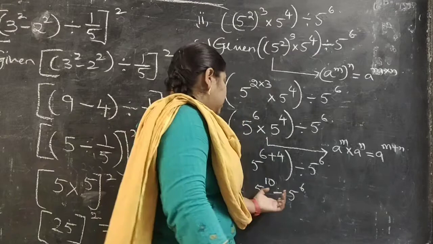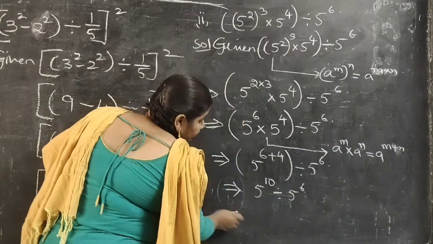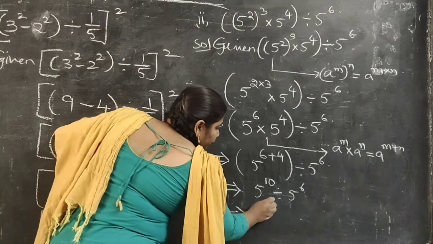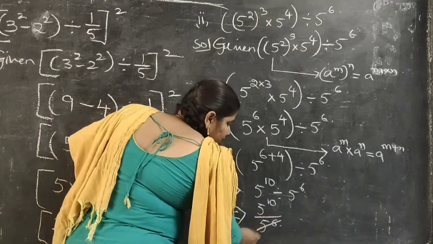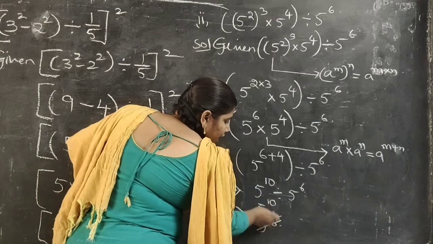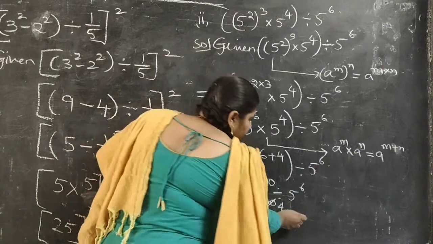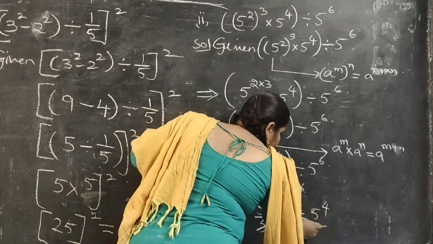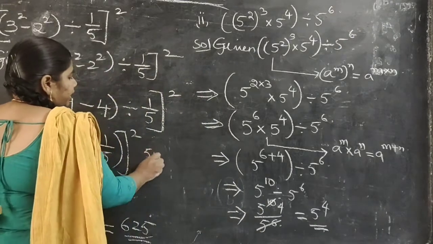So how to divide these two? So division you can directly write in the form of division. That is 5 power 10 by 5 power 6. 5 power 10 will be having 5 power 6. So what will be remaining here? 5 power 4. So what is the answer? 5 power 4. If you are confused in this, you write 5 10 times.